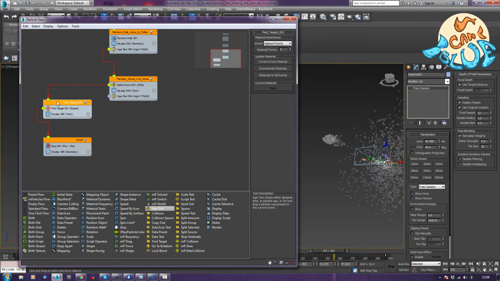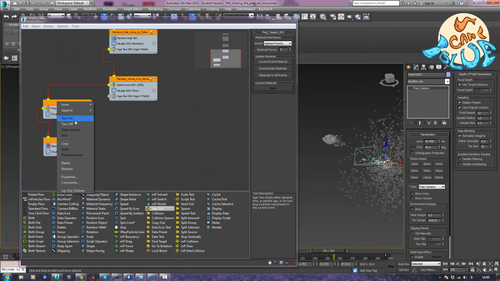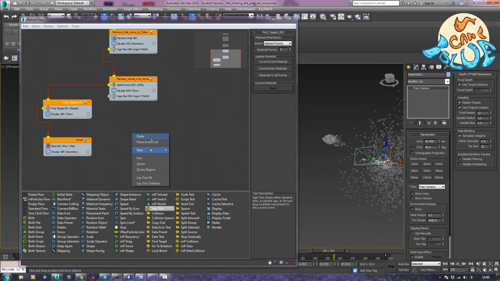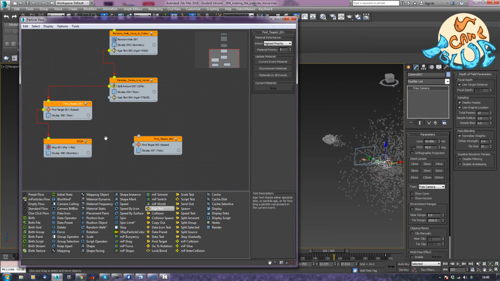So let's duplicate this entire event, so I can copy it and just paste it. I don't want an instanced one, so I'm going to put this here, straight underneath, and let me see, I'm going to need to split my amount again. So if I get my split amount,